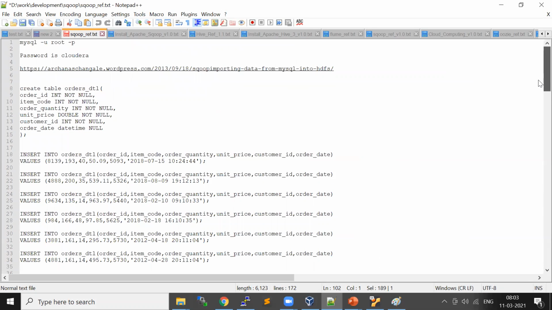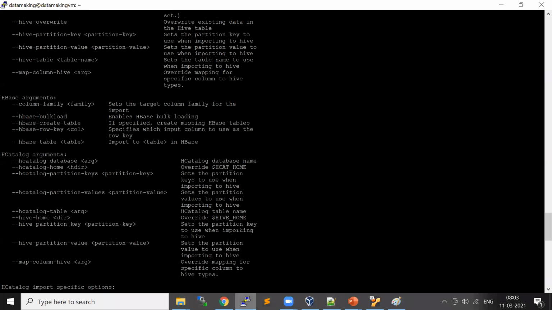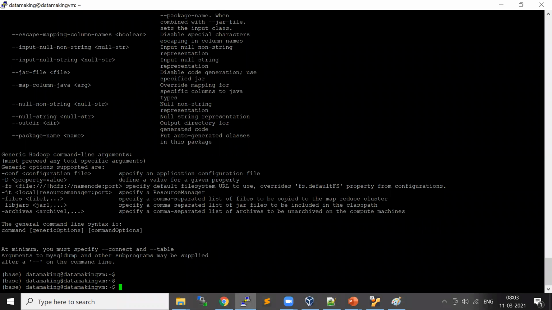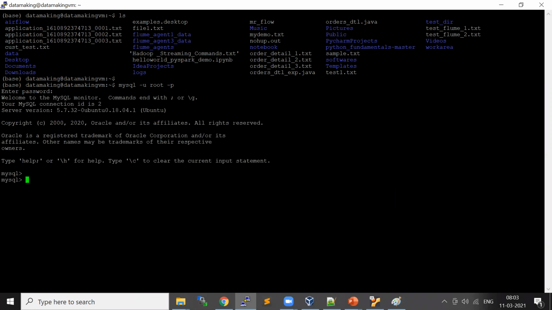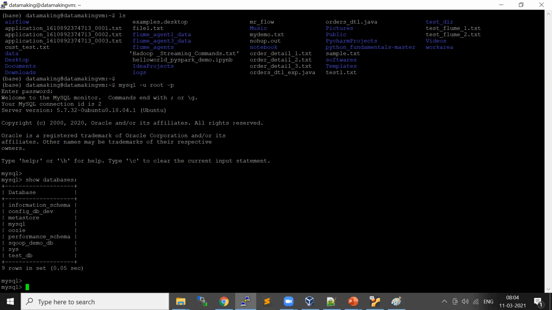Okay, first we have to create one MySQL table. MySQL -u. So I hope everybody, when we installed Hive, we installed MySQL, right? So we can use the same MySQL, but just create a new database and start using it. So let me check. I have already used this one for something, so I'll create a new database.